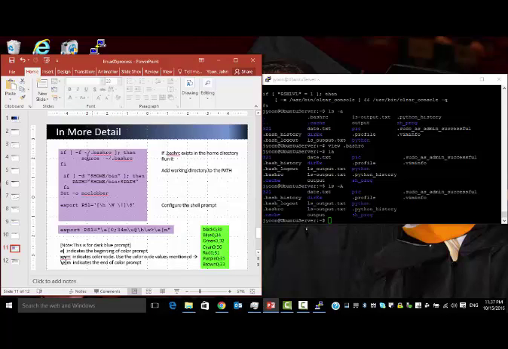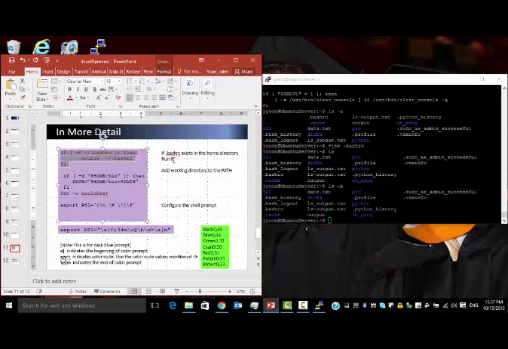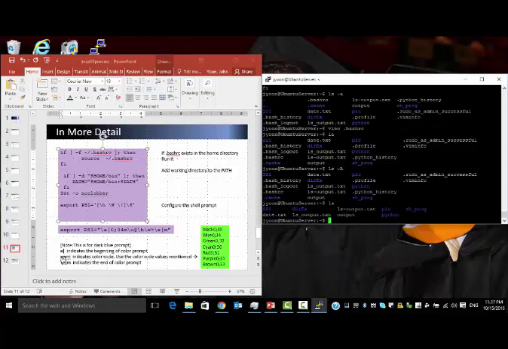I explained here. This means .bashrc file. If .bashrc file exists in the home directory, run it, and then this is in order to add working directory to path. If there is a home/bin, then add bin directory into the path. If I do not have this bin directory, you do not need to. So for example, here I do not have a bin directory, so it is not added into that path expression. And then I have